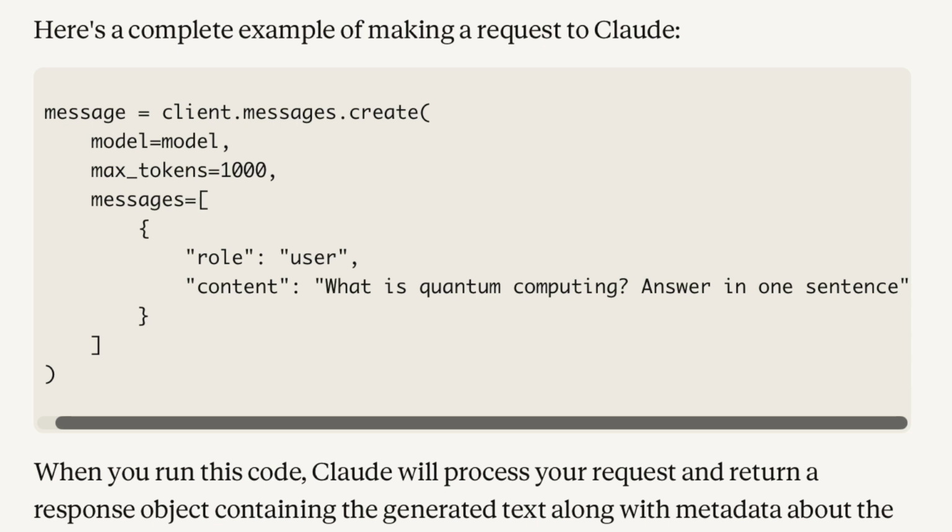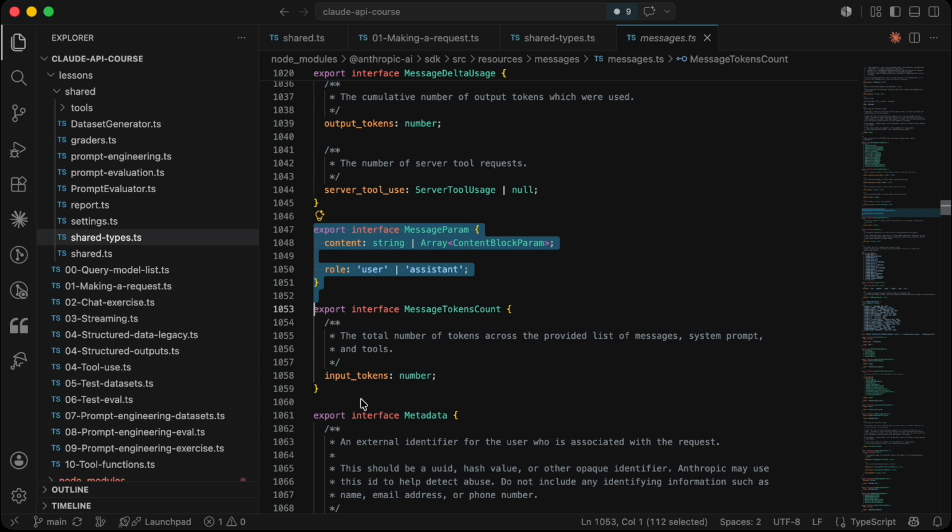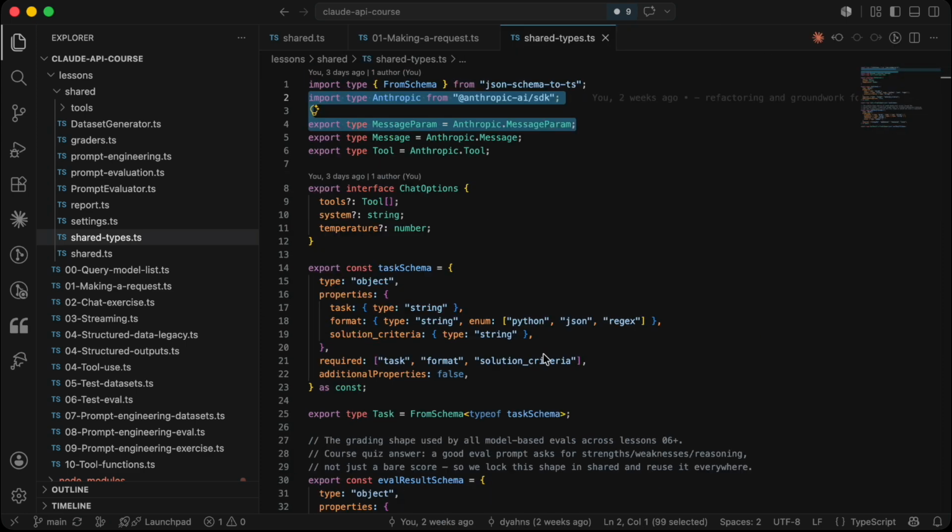In reality, though, this is only a slice of a broader MessageParam type, defined by the SDK, which we re-export in shared types.ts. We'll need the full type in later lessons anyway, so we adopt it from the start instead of replacing the simplified version later. And although the MessageParam type might be more complex, TypeScript will catch any misuse for us anyway.